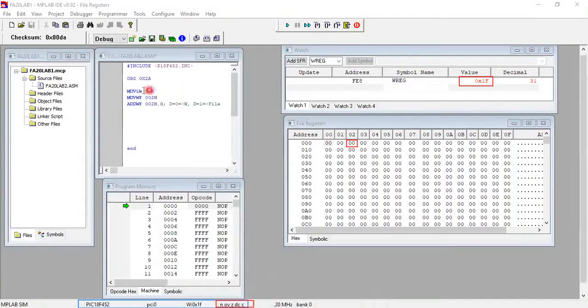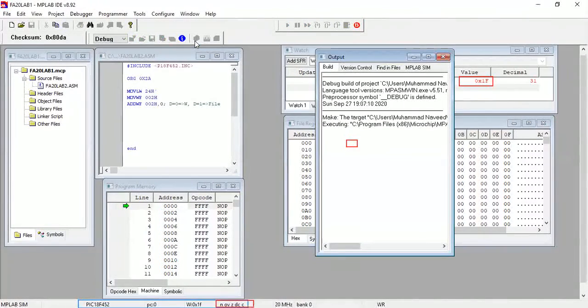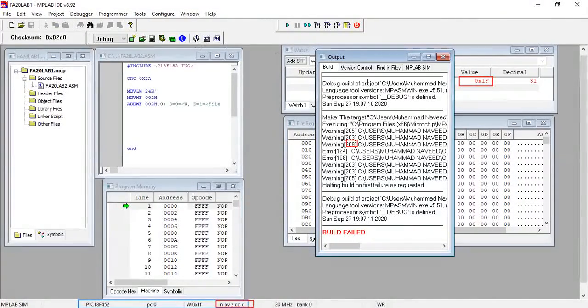So let's run our code. First of all we build it to check if there is any error. Okay, there is an error. Let's see which address this is. Move literal to working, 02 hex. Where is this error?